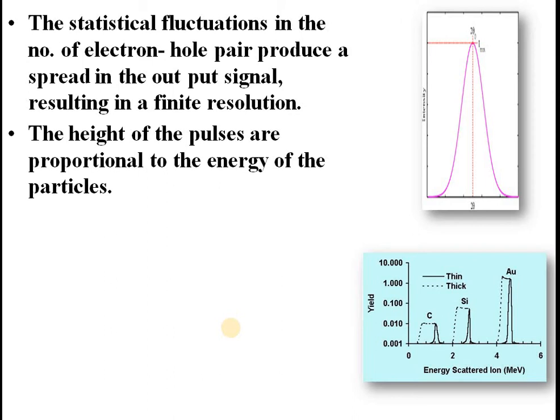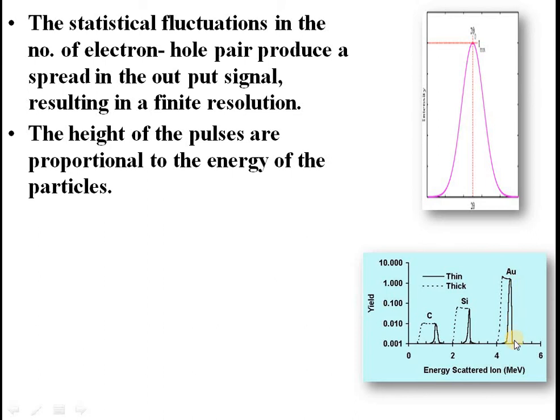Along the horizontal axis, depending on the pulse height, pulses are stored at different points. So energy depends on height. According to height, they are stored at different channels. That will give you an idea about the energy of the incident particle. Understand? The energy of the incident particle can be obtained from the position of the pulse on the axis.